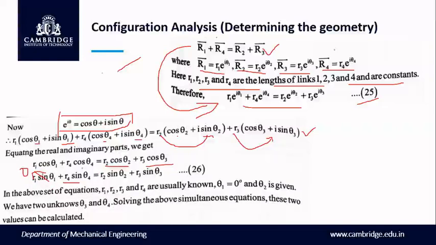And cos theta is equal to, cos 0 is equal to 1 will come. So from these above two equations, all are known except theta 4 and theta 3. Usually theta 2 will be given in the problem itself, that is the crank angle or first link angle. The angle of link 2 with respect to link 1 will be given. So anyhow we have two simultaneous equations and two unknowns, that is theta 3 and theta 4. We can easily calculate it.